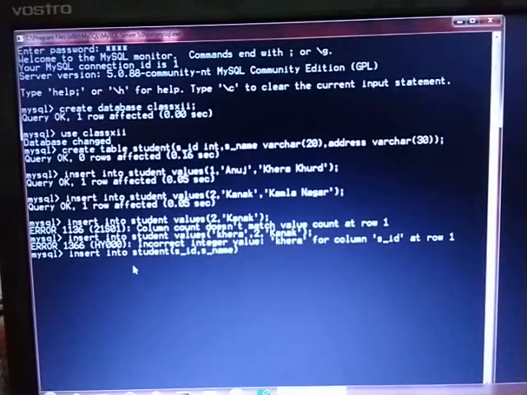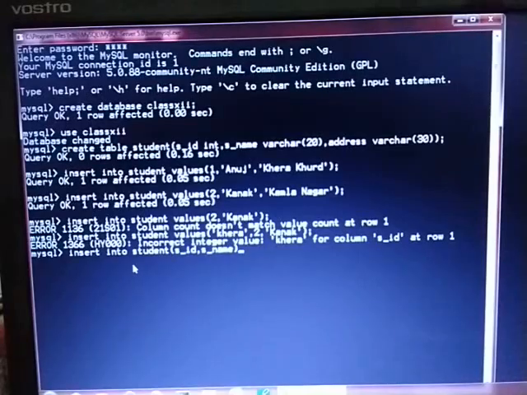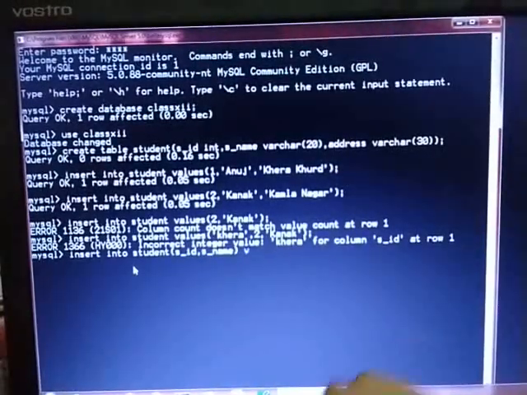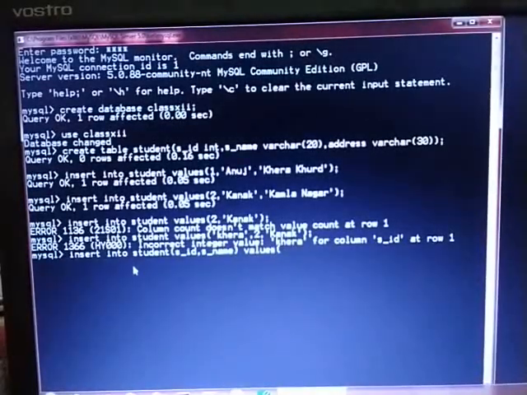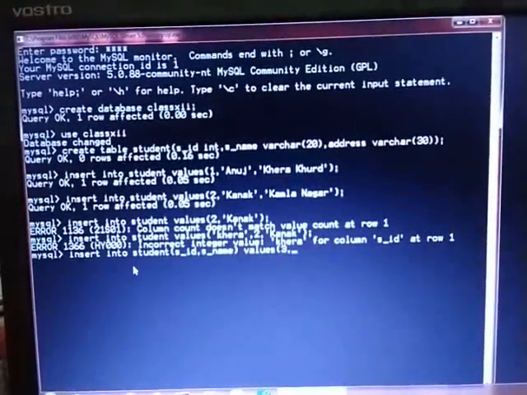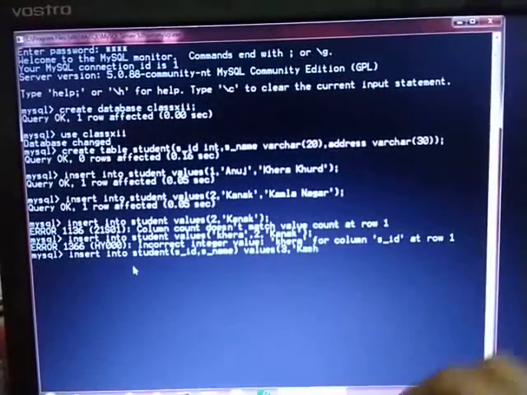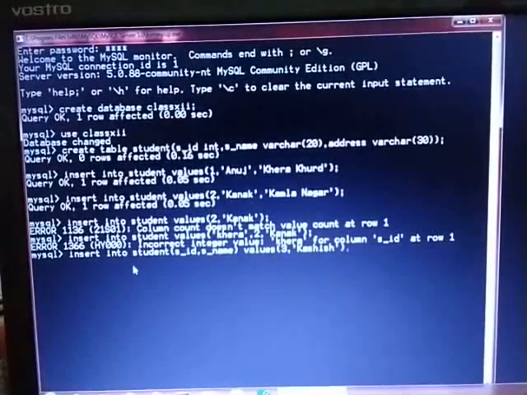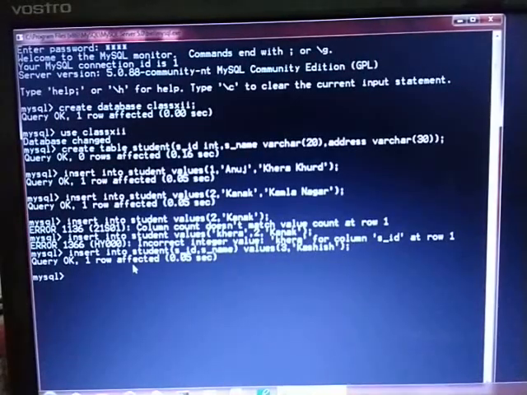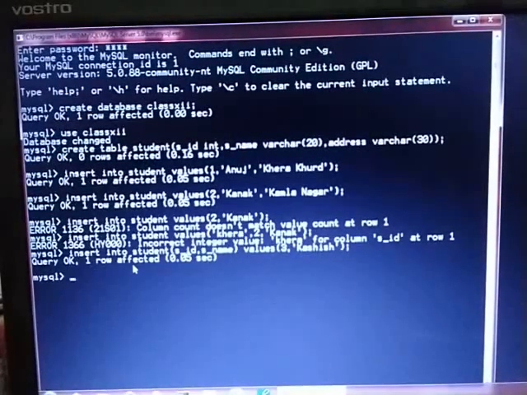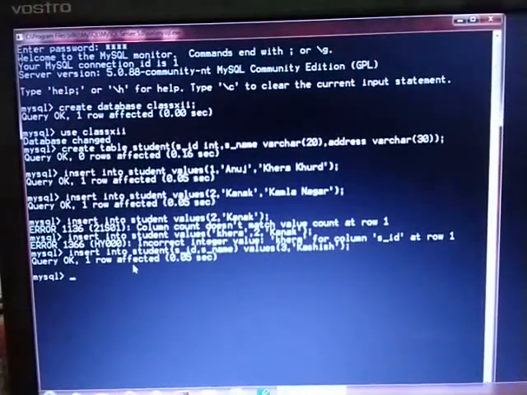Fine. So what I have written is insert into student, then student ID and student name. Then afterwards I have to write values. Afterwards just mention ID and name. Fine. And press the enter button. Fine. Now what is it showing? It's showing query OK, 1 row affected. That means I have mentioned only 2 records, SID and its name, and my query is successfully compiled.